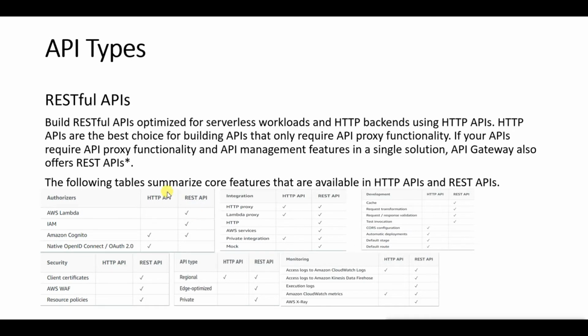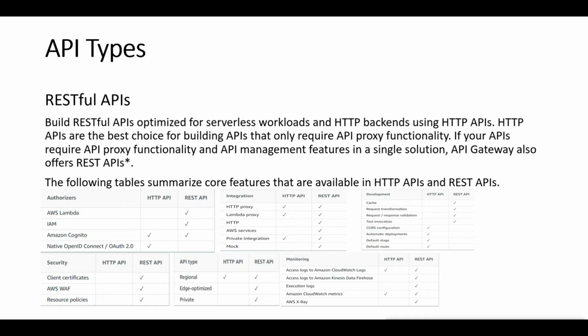So if you go through this table, I'm not going through it, you can summarize what all features are available in HTTP API and what all features are available in REST API. REST API is, you can say, the older version of RESTful APIs. So HTTP APIs are designed for low latency, cost effective AWS Lambda proxy and HTTP proxy APIs.